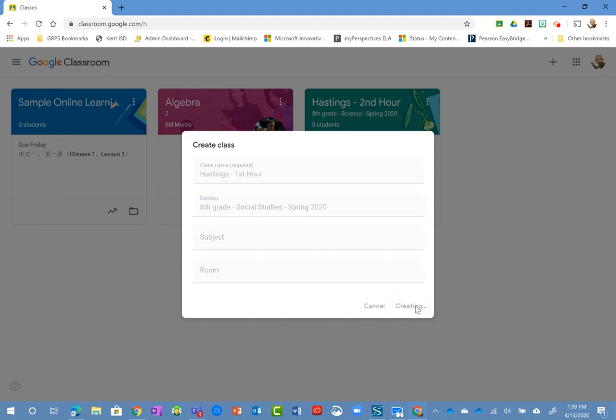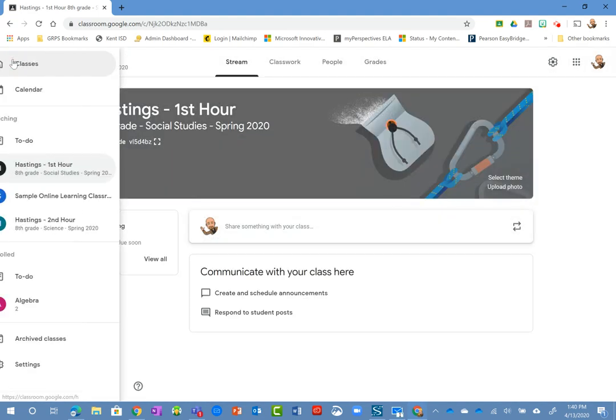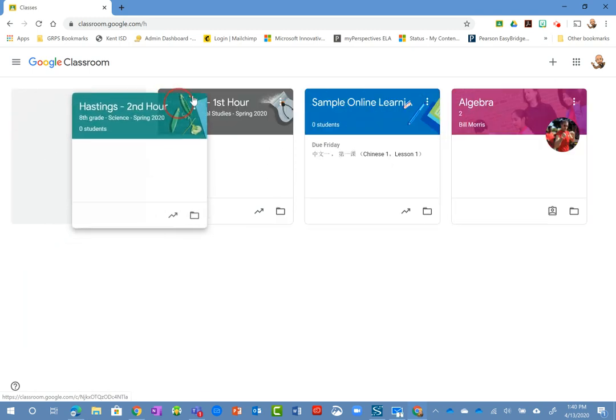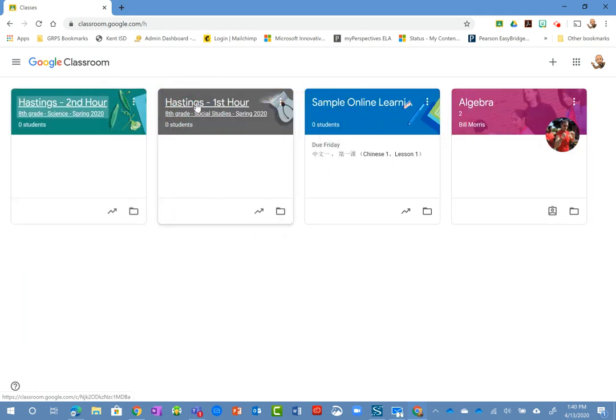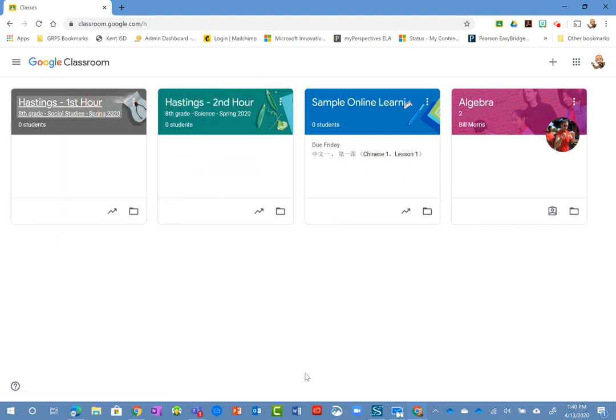When you hit create, your class will be created. And you'll see that when it adds to your screen, first of all, it launches. Second, when you go back to classes, you'll see it's added to your screen. You can see it's the hour, so it's easily discernible for you as a teacher. If you don't like the order, you can move these around. That's fine too. Maybe you want first hour right before second hour, and so on and so forth, to organize